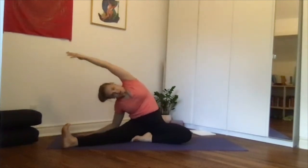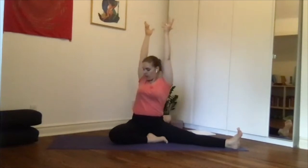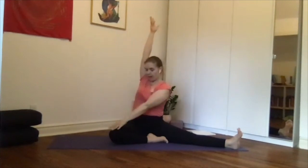And then we'll slowly come back up. Give the shoulders a little roll here. And then we're going to switch sides again. Inhale, lengthen, lift the arms. Exhale, twist towards the left. Inhale, lengthen, exhale, twist. Taking the right hand to the outside of the left knee, palm facing either direction, and